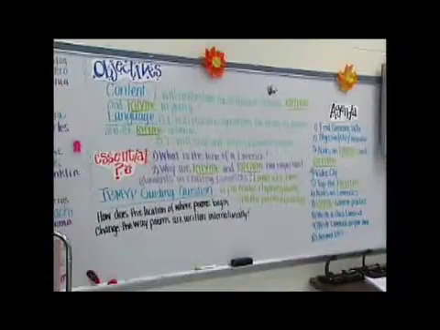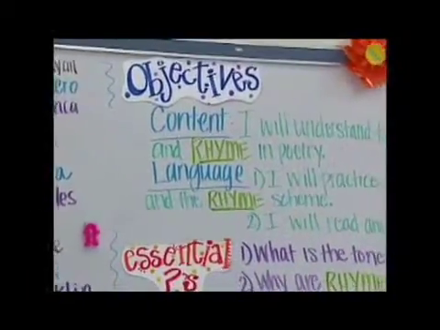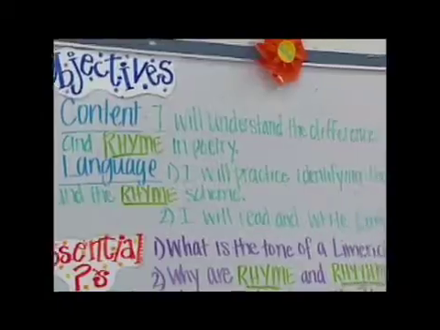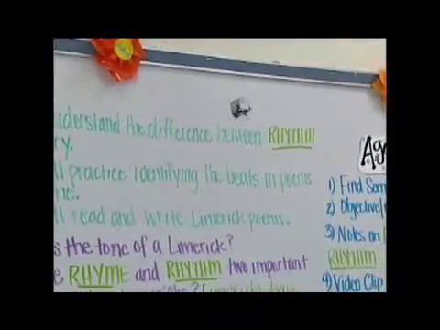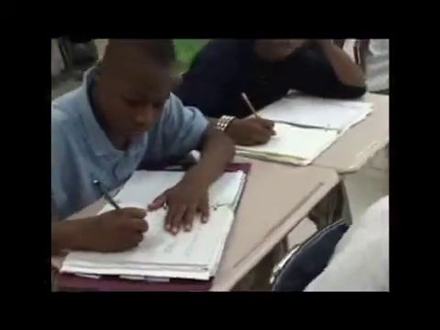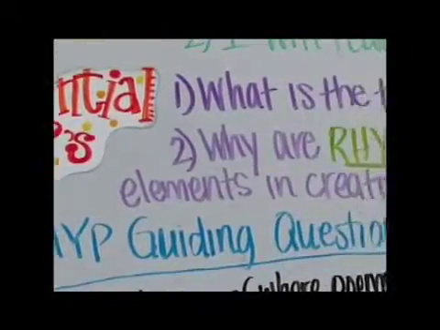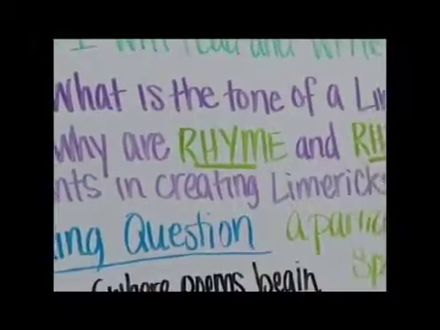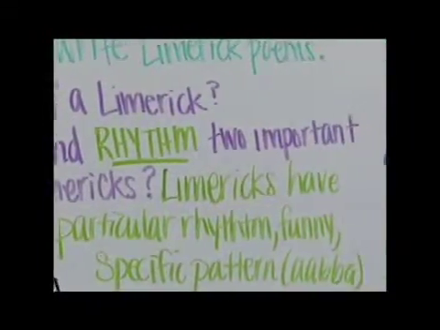The way that we use our board goes back to when we start planning, and we look at what our goals are for that day, what we want the children to do in terms of the language objective, what should they be doing that's related to English language arts, and then content specific, what is the strategy that we're teaching that day. The kids, we try to write it in as most kid-friendly language so that when they're talking about it, they should be able to look up there and say, oh, we're going to be reading and writing limericks today, or we're going to be talking